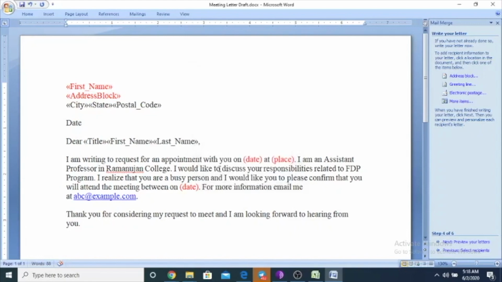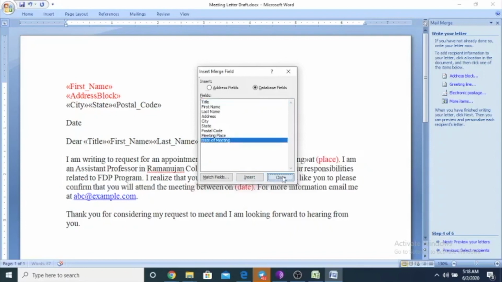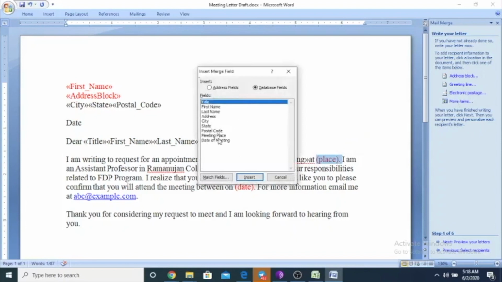Again, the part which is left is the date and place. So I want to add the date over here. So choose the field date of meeting here and insert, and then I want to choose the place. So choose the meeting place and insert it over here.